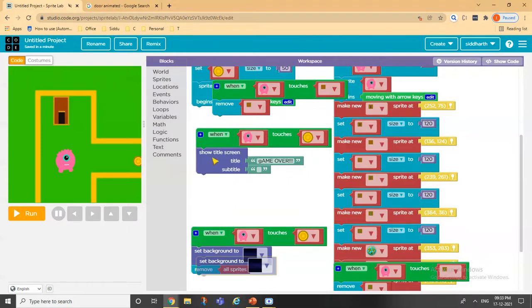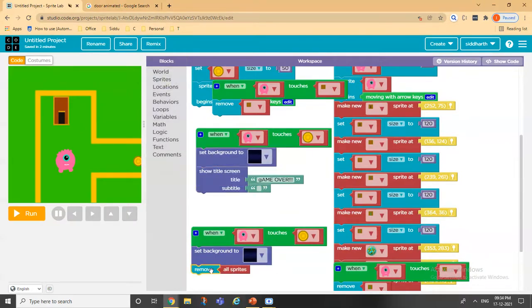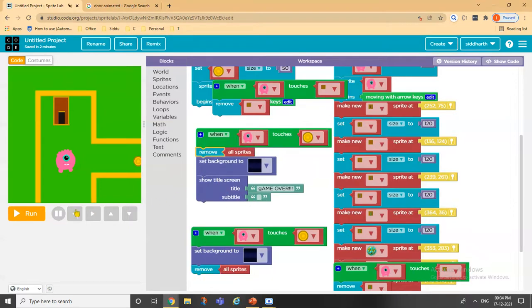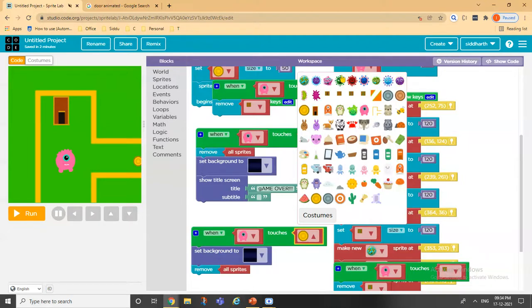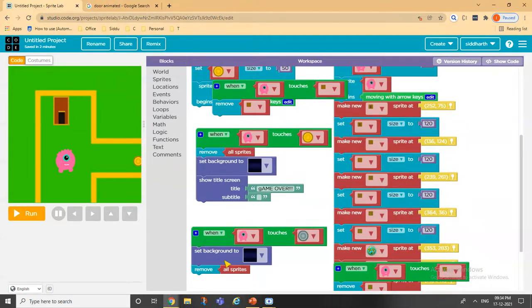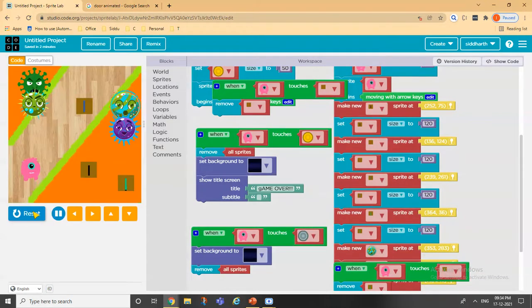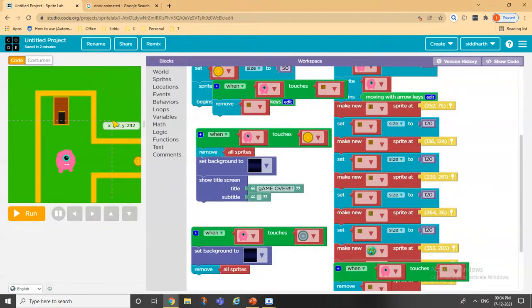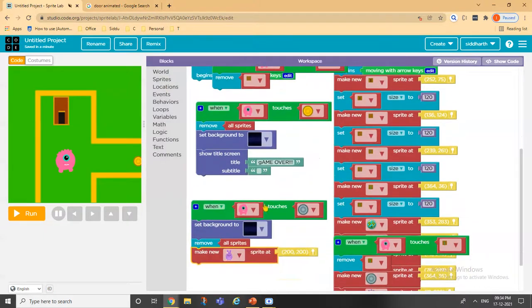Control C, V, place this here, and again Control C, V, place this here. Yeah. Now when these touch the gray one, what should happen is run. Yeah. So when it touches this, a new sprite should be created as a ghost,